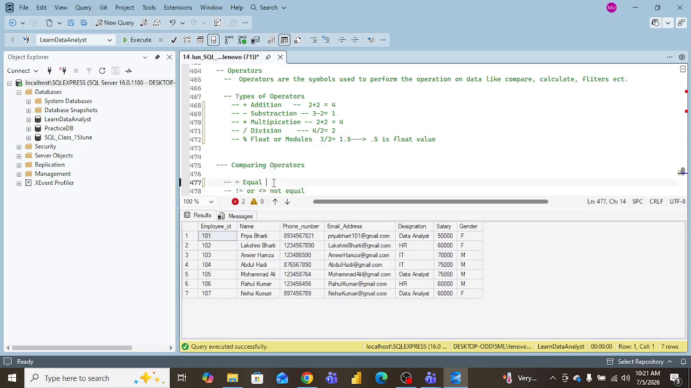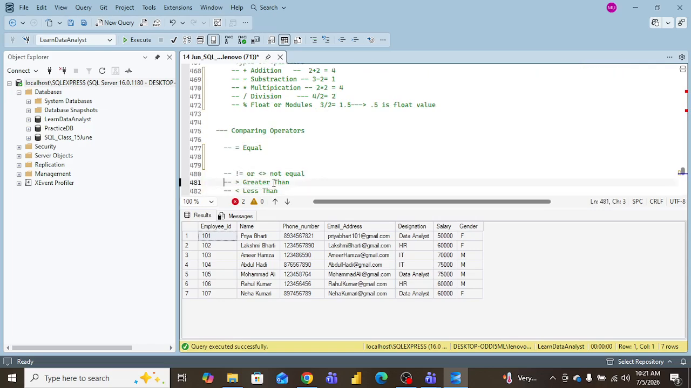Now I'm talking about this equal. You have applied it already, but still I will tell you about the equal. What does it mean, equal? Let's see. We have this table. Now I want to use equal. How can we use equal? So we can use